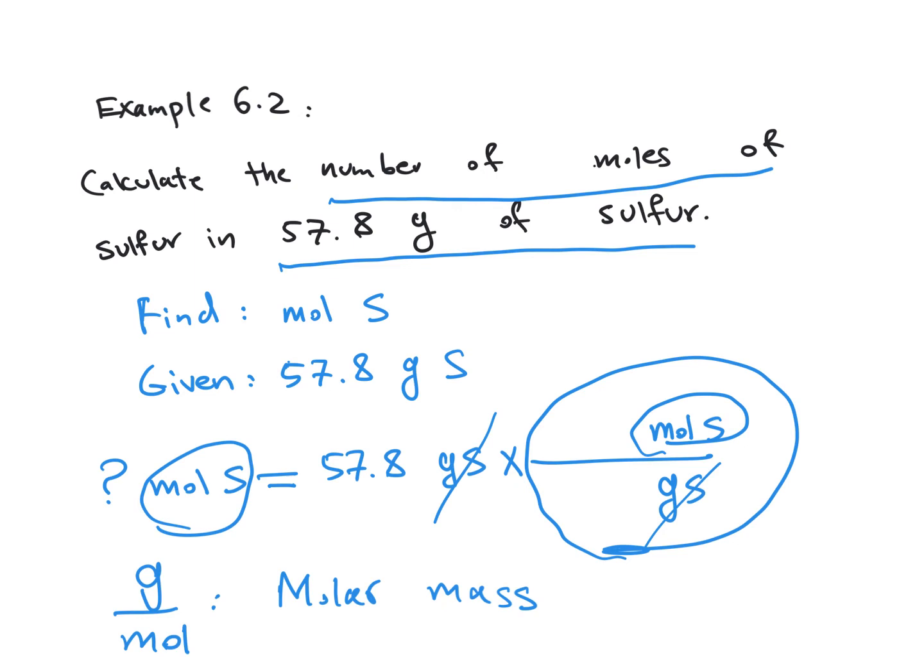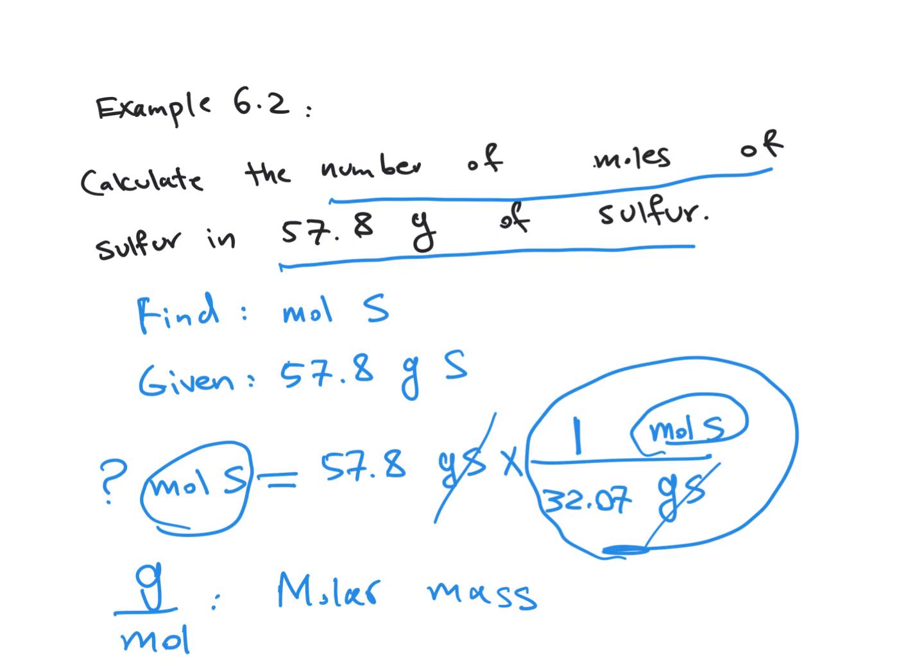Anyone? Sulfur, AMU. Exactly, we look at the periodic table. And then when you look at the periodic table, you see 32.06. So 1 mole, 32 grams. So your book wrote